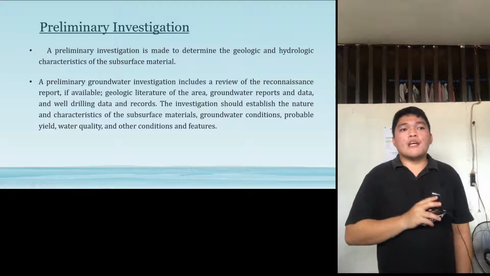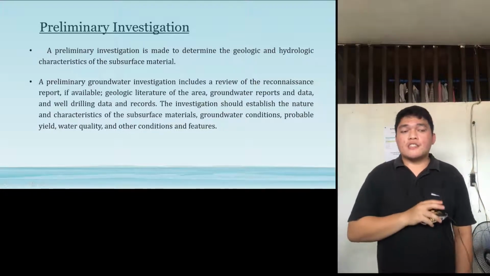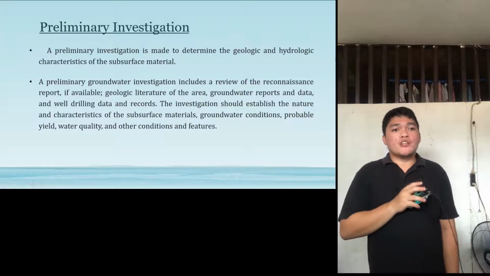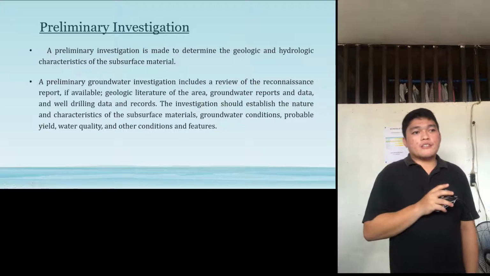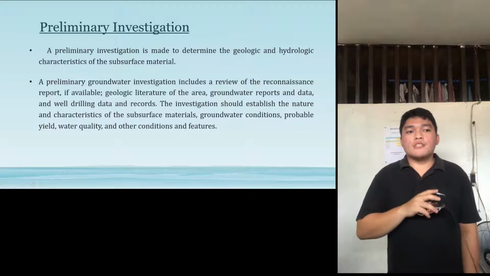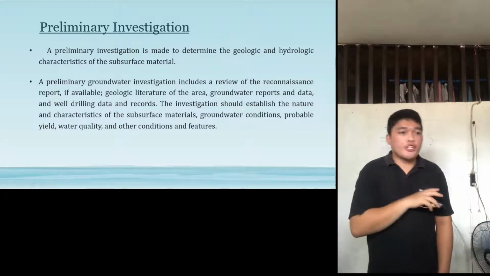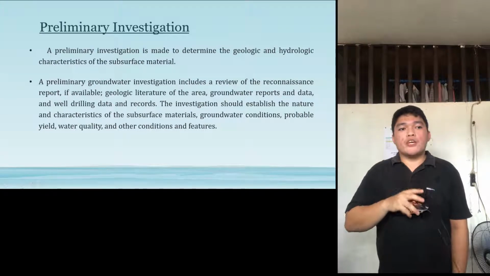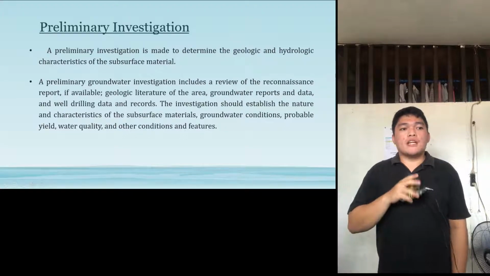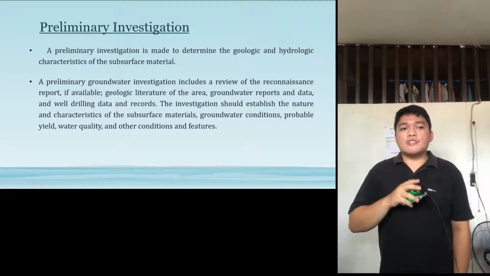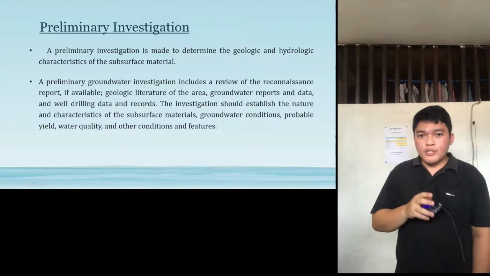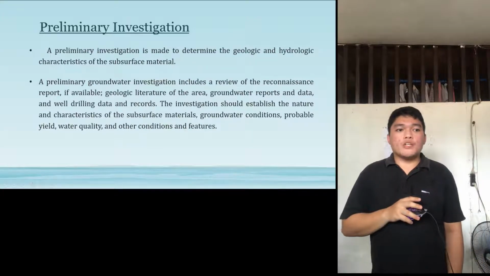And after the reconnaissance investigation, we have preliminary investigations. A preliminary investigation is made to determine the geologic and hydrologic characteristic of the subsurface material. A preliminary groundwater investigation includes a review of the reconnaissance report, if available, geologic literature of the area, groundwater reports and data, and well drilling data and records. The investigation should establish the nature and characteristics of the subsurface materials, groundwater conditions, probable yield, water quality, and other